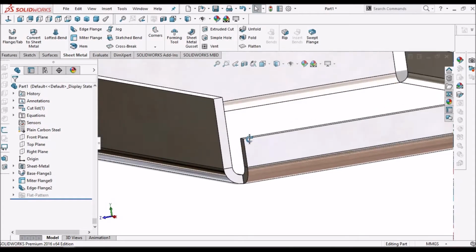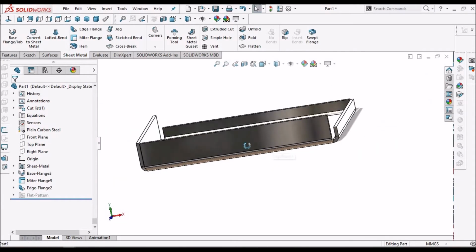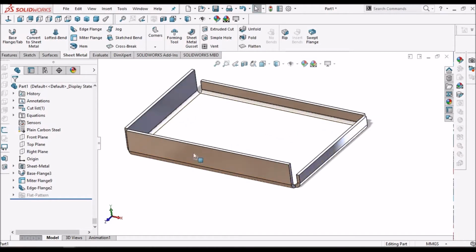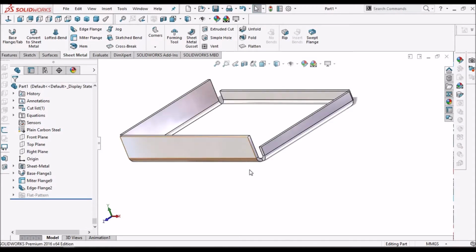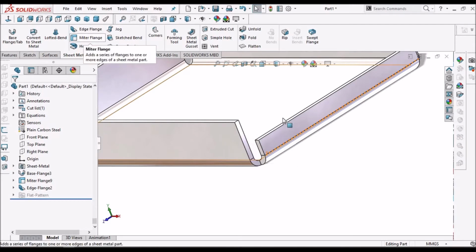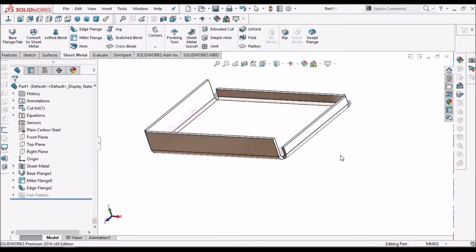Now let's see what is the difference between this edge flange and miter flange. When the flange wall is flat, both edge flange and miter flange look similar. But I'll show you what is the difference.